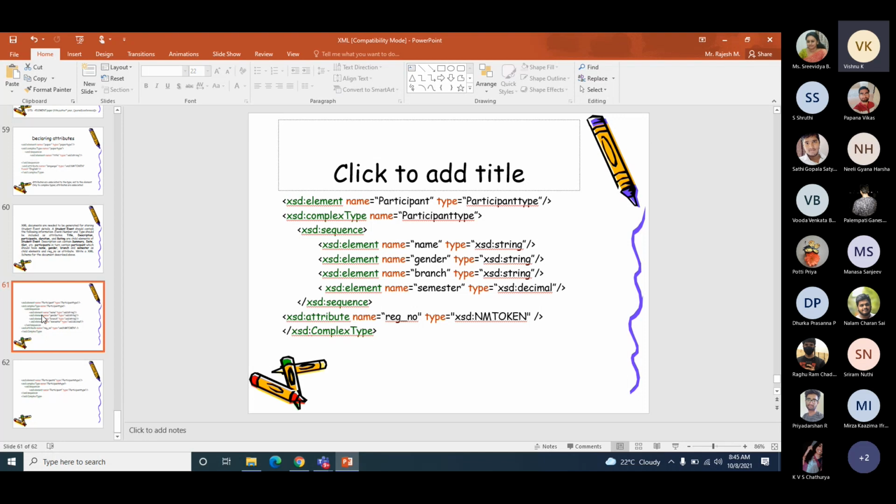Yes, that way also is possible. You can define participant type first, then participants type, then description, and so on. All the complex types you can define, then at a stretch you can define all the elements. That is also possible. The order does not matter here. Yes, thank you, sir. Okay.